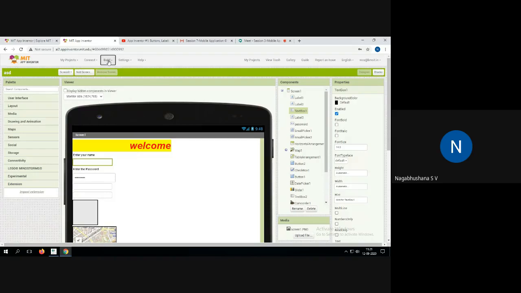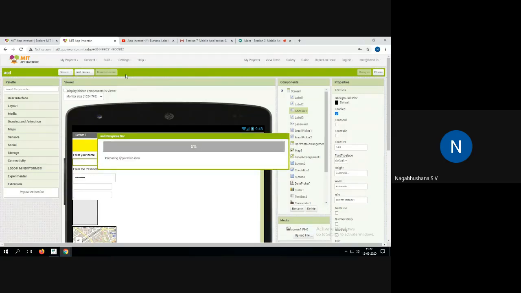Otherwise, you have to build the APK file something like this. So you have a provision through a QR code, and you have an APK file which can be saved in the computer. You can save it in the computer, connect your mobile device to that laptop, locate where that APK file is, then copy that APK file into the mobile device and try to install it. If you are using only USB, connecting your mobile device to your laptop, it can be done automatically.